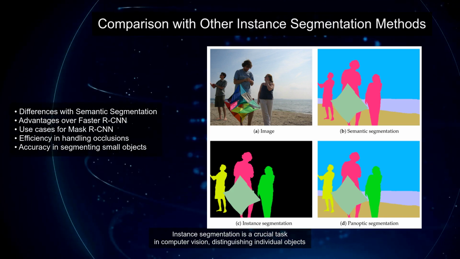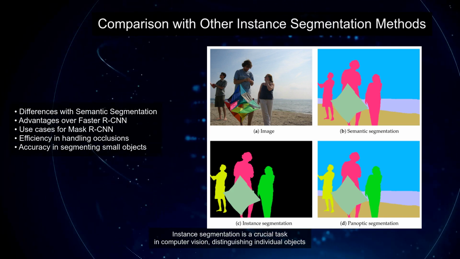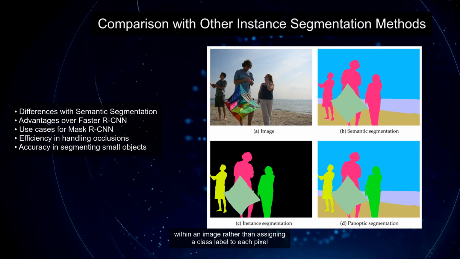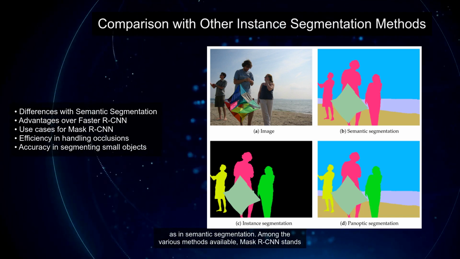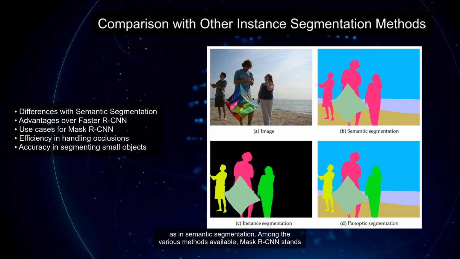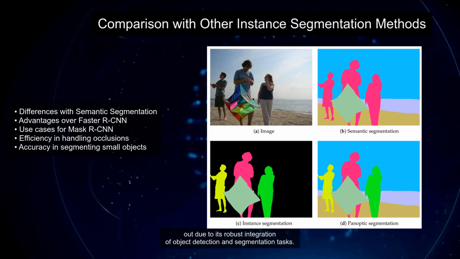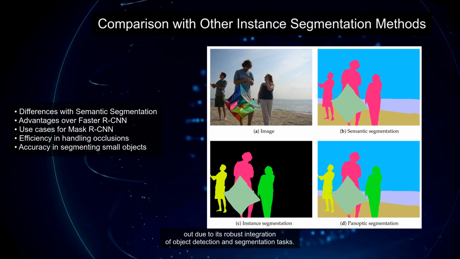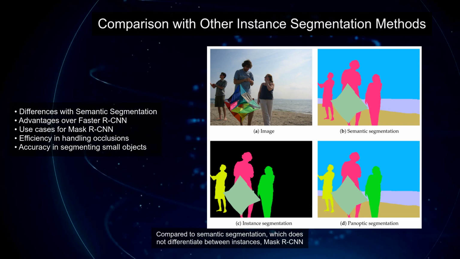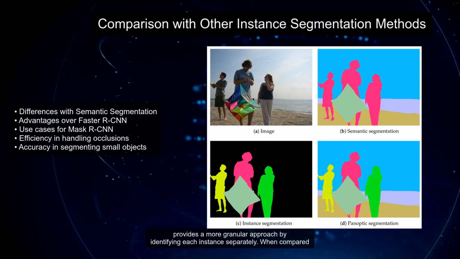Instance segmentation is a crucial task in computer vision, distinguishing individual objects within an image rather than assigning a class label to each pixel as in semantic segmentation. Among the various methods available, Mask R-CNN stands out due to its robust integration of object detection and segmentation tasks. Compared to semantic segmentation, which does not differentiate between instances, Mask R-CNN provides a more granular approach by identifying each